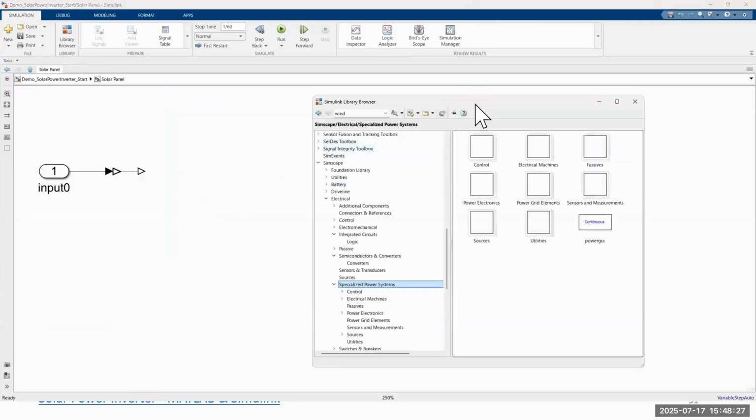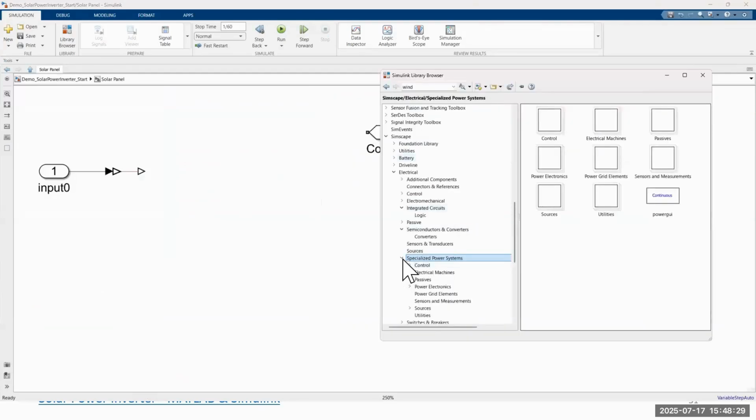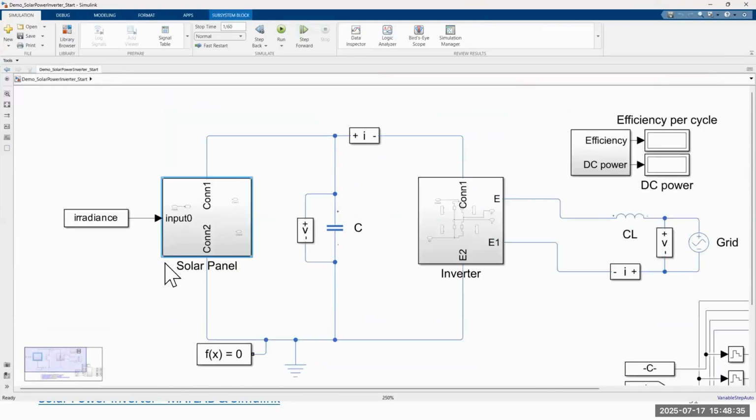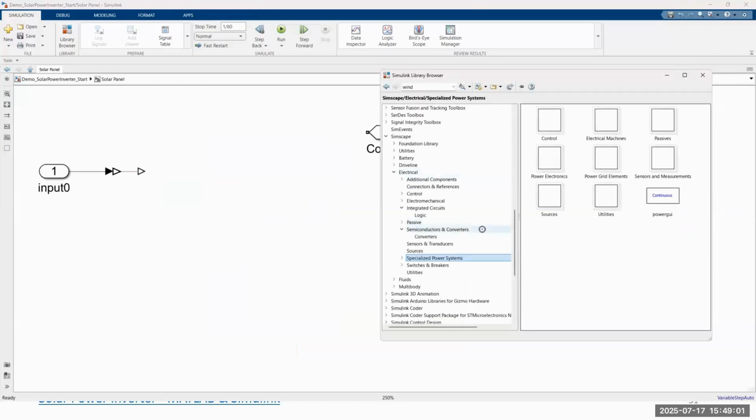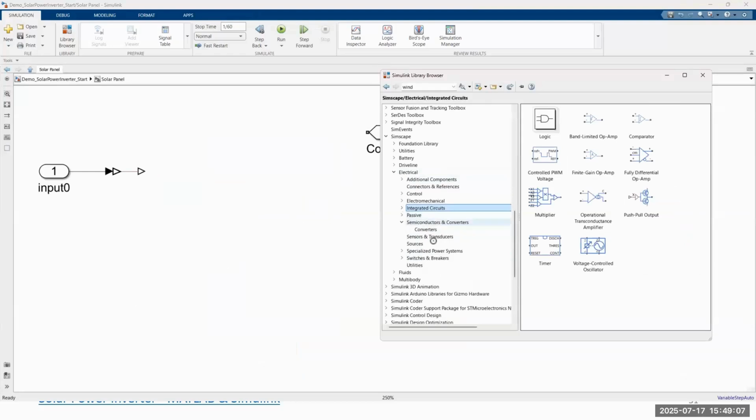Let me show you how we can easily drag and drop the system. In this case, this is the block of the whole system. We have a solar panel application block, and then we just have a capacitor to maintain the voltage, and then we have an inverter. So from the DC voltage here, we are driving the output to an AC grid application. Let me show you how we can easily use the pre-built library from Simscape Electrical to provide, in this case, the solar panel.